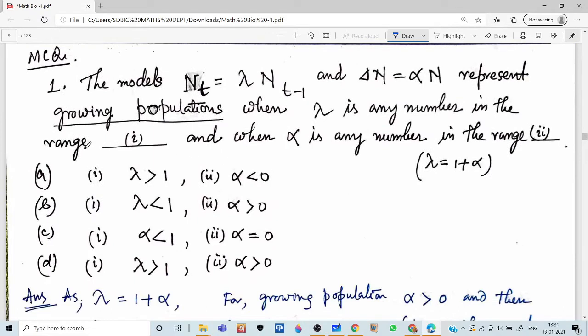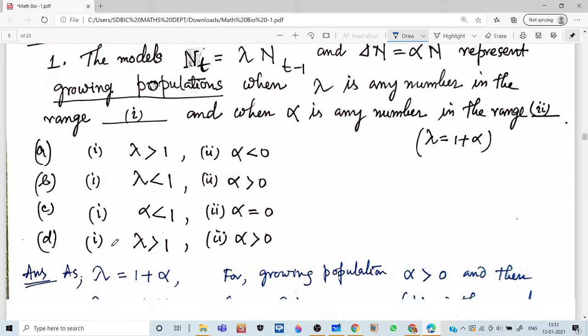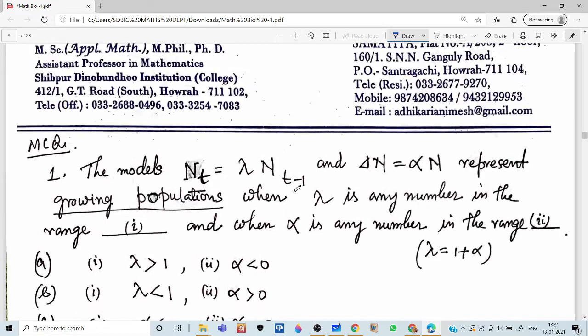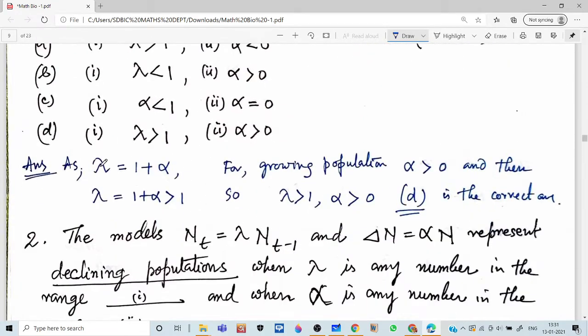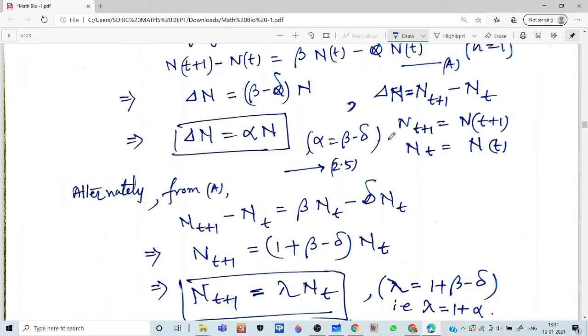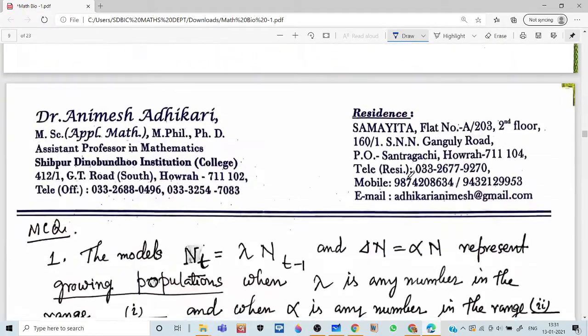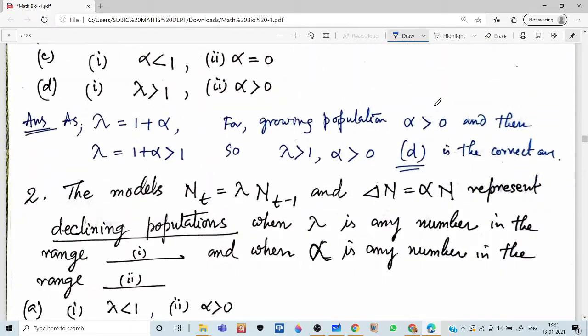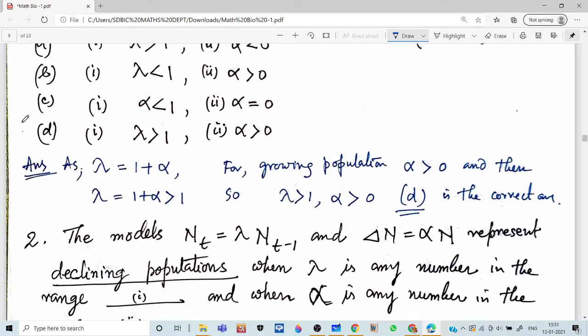So alternative A: lambda greater than 1, alpha less than 0, and so on. These are the four alternatives A, B, C, D. Now here there is a growing population. For a growing population, lambda is equal to 1 plus alpha, and alpha is obviously greater than 0. Alpha means the growth rate, alpha is beta minus delta. When alpha is greater than 0, alpha plus 1 is greater than 1. So lambda greater than 1 and alpha greater than 0 is only possible when